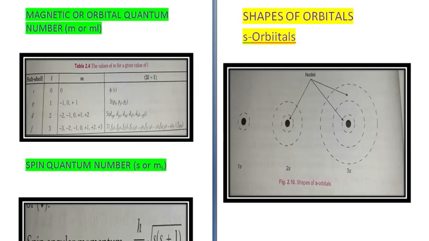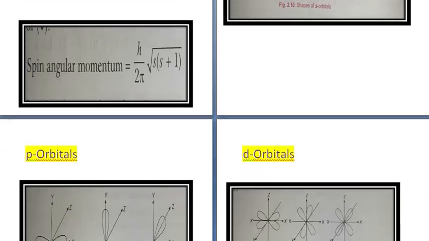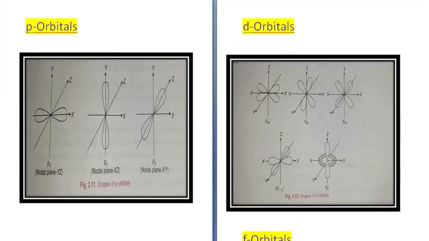Now next type of orbital is p orbital. Like I told you, s orbital can accommodate only 2 electrons. Alright. P orbitals, on the basis of probability calculation, it is found that the probability of finding p electron is maximum in 2 lobes on the opposite side of nucleus, giving rise to dumbbell shape.